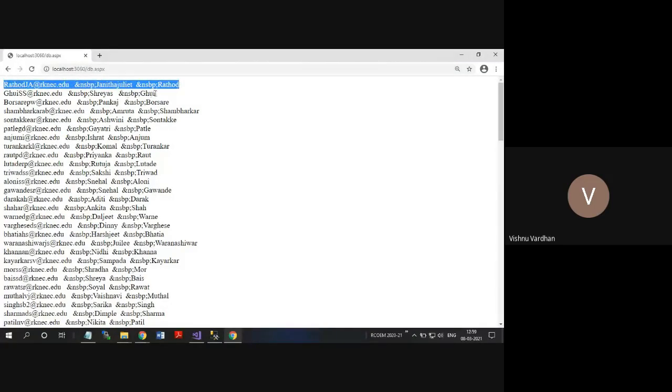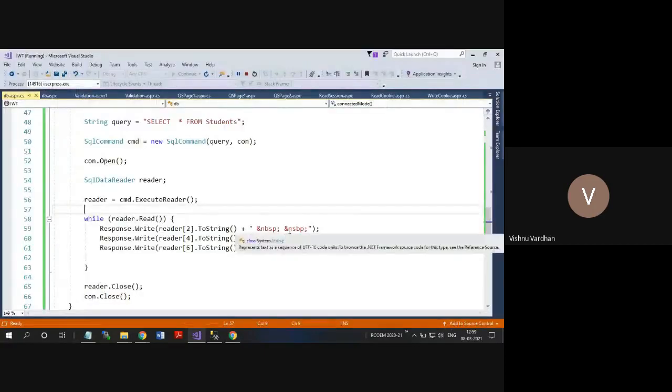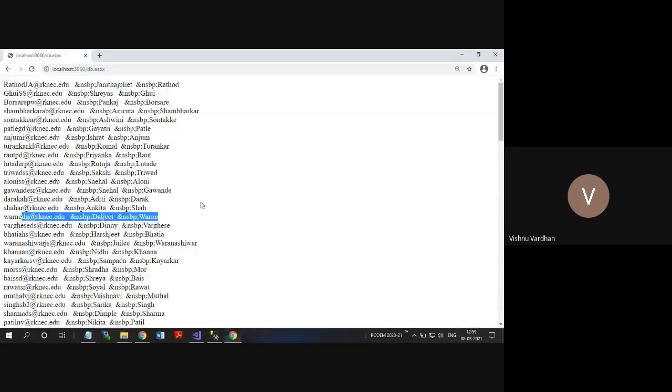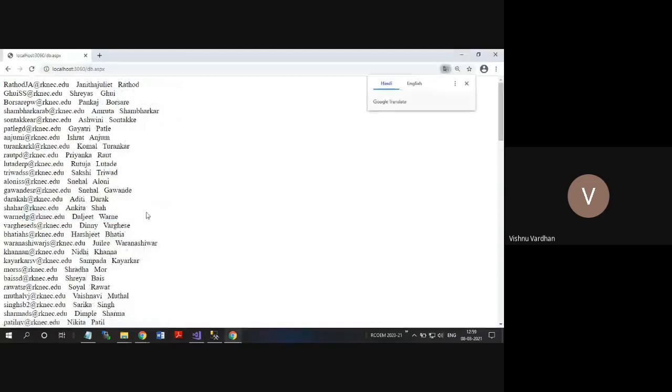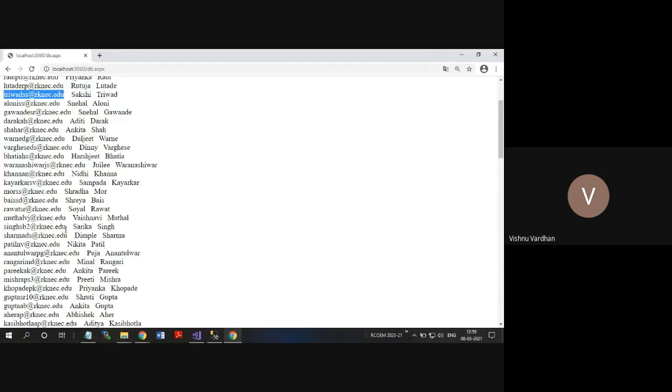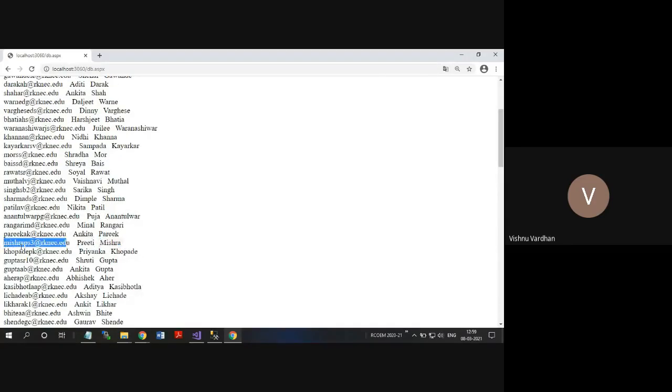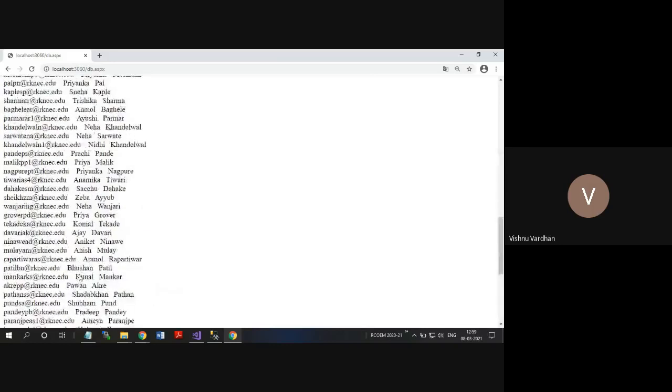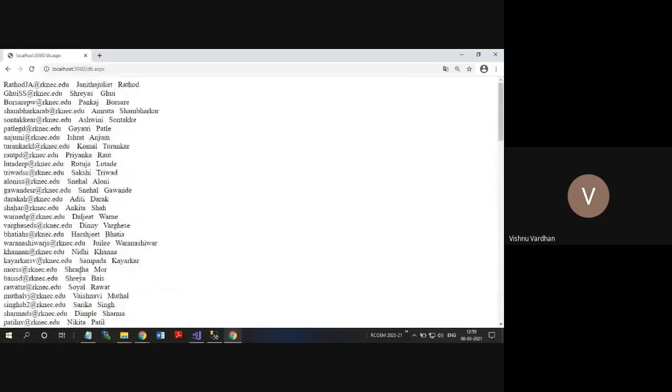One single record says this is the entire data for that particular student. So in that way we got the data. The NBSP. Now it is fine. So first name, last name, email address. First name, last name, email address. So for all the records, we are getting the data in that way.